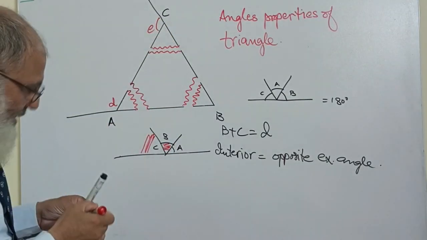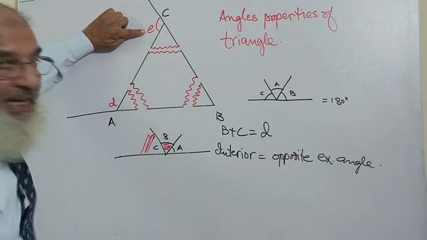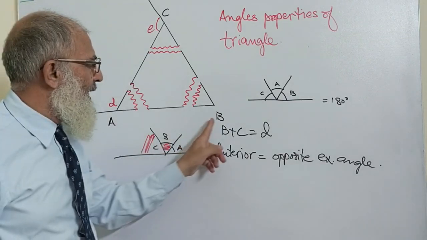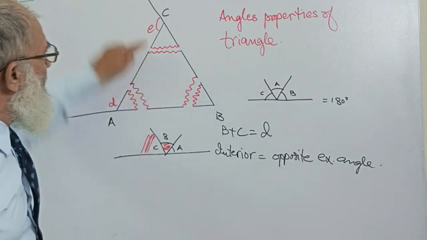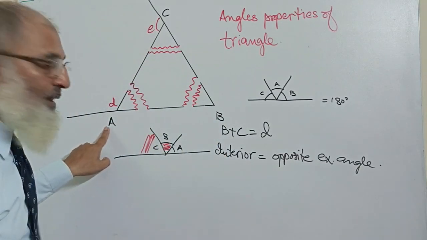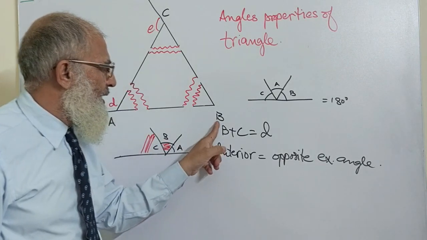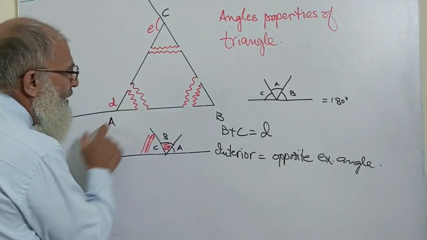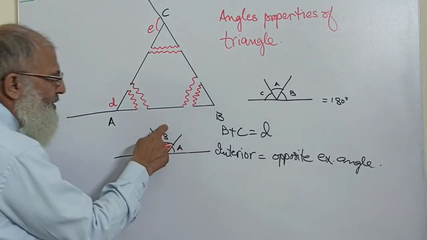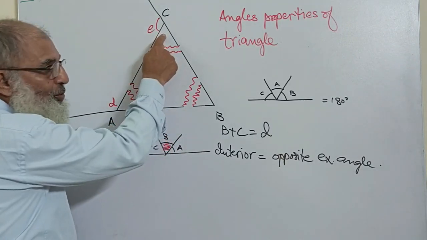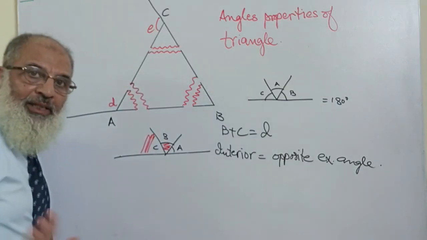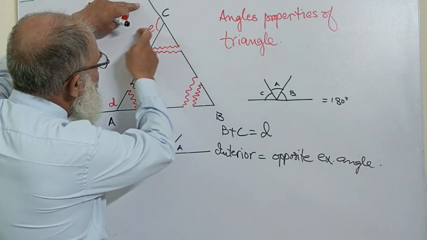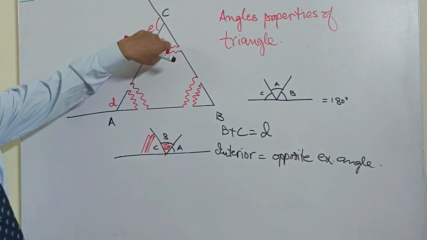Now this angle is E. This E angle is the exterior angle and is opposite to angle A and angle B. If I add A plus B, that must be equal to C, okay? It is confirmed. But you know that this E is supplementary to this